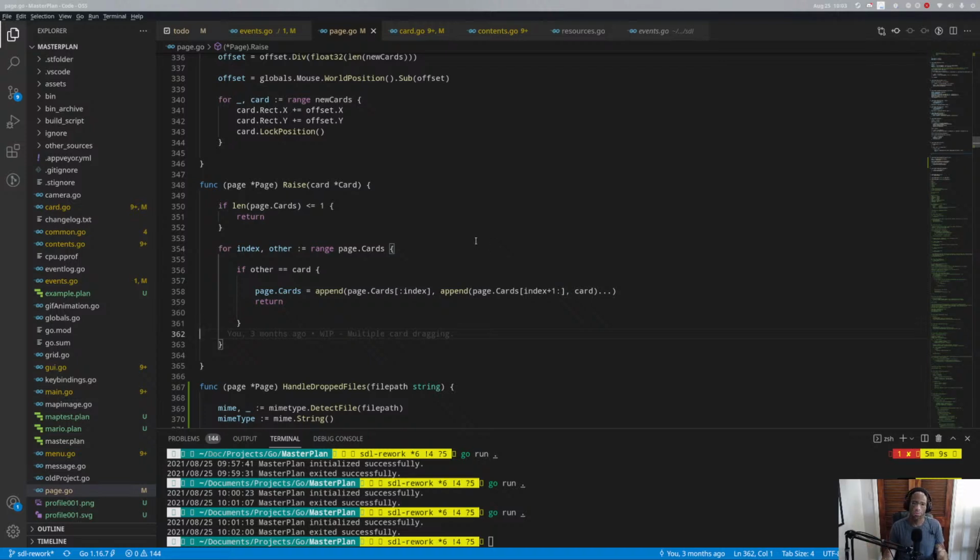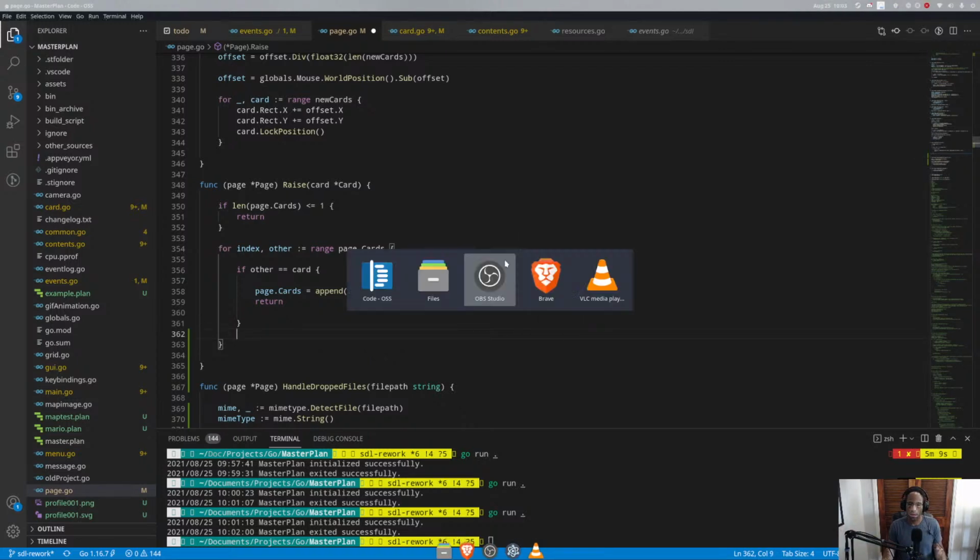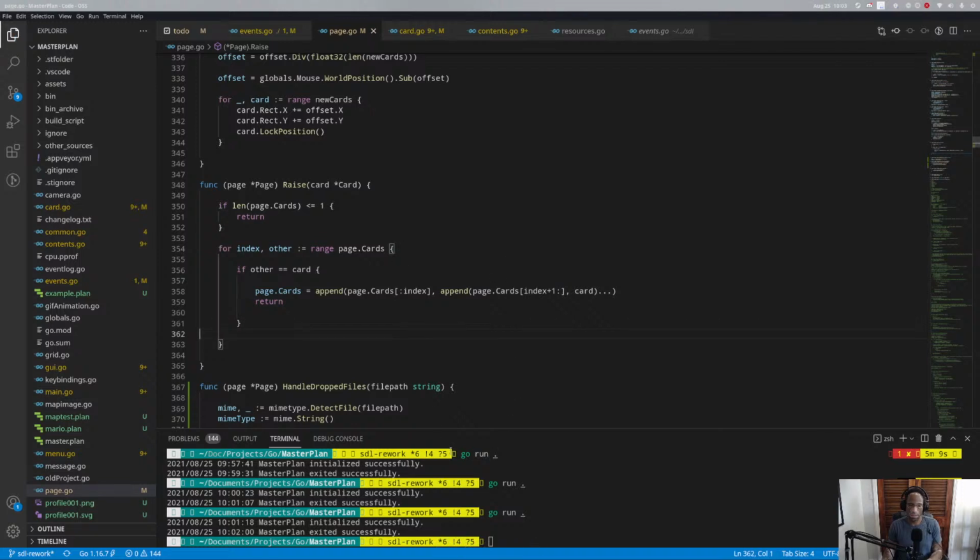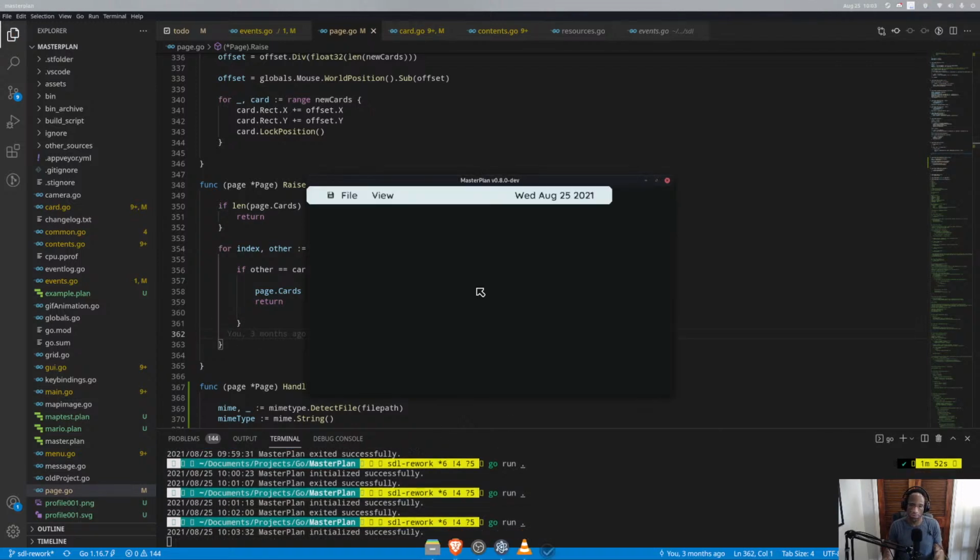Now what we want to do is probably organize the card stack into depth numbers, so that, for example, all of the cards that are 0 are drawn and updated in a certain time frame, and then all the cards that have a depth of 1 are drawn and updated in a certain time frame, and 2 and 3 and so forth. So that, for example, we can keep the map on the bottom of the stack by simply setting the